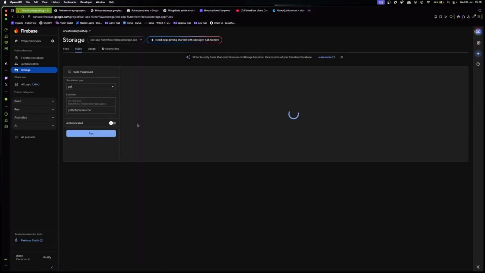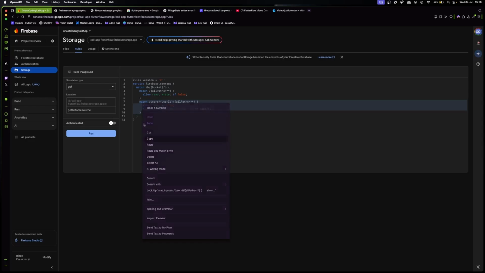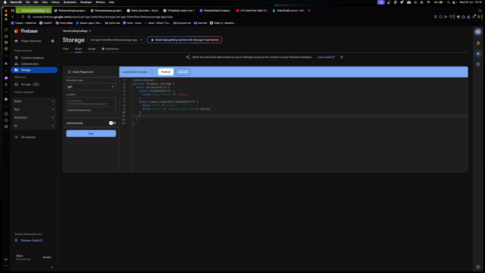Now note, you can come and change this. You can create your own folders. Just make sure that you update the rules so that it also knows that you need to match it. For example, what you can do is just say match. So I'm going to copy that, paste it, right? And in this case, you can perhaps make it as videos. And, well, I mean, you can have a user ID.